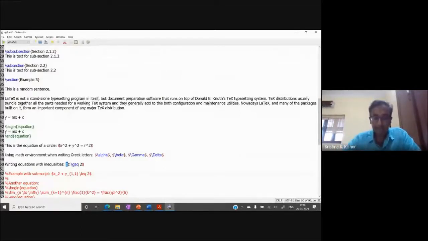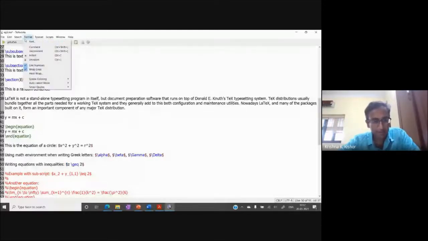For some editors, if you're using Winshell, it is there on the top bar. You will find that built-in options are there. So you just need to click an icon, and that command will come up automatically. That might be easier initially. I think it is there over here as well, but I didn't get time to set it up. Anyway, let's not spend time on it. Let's see what the output looks like.